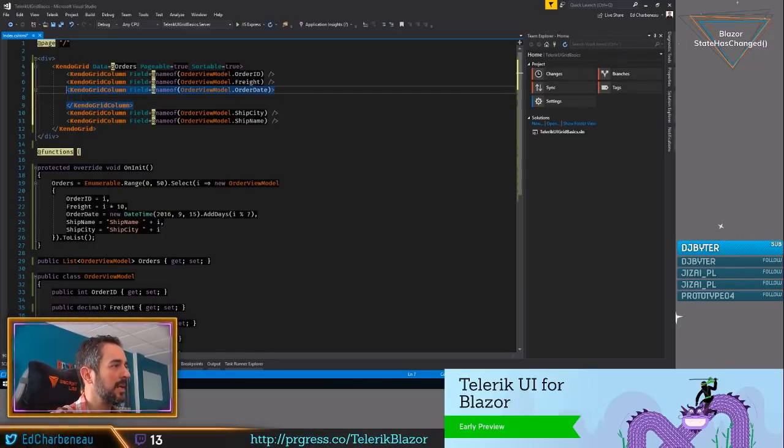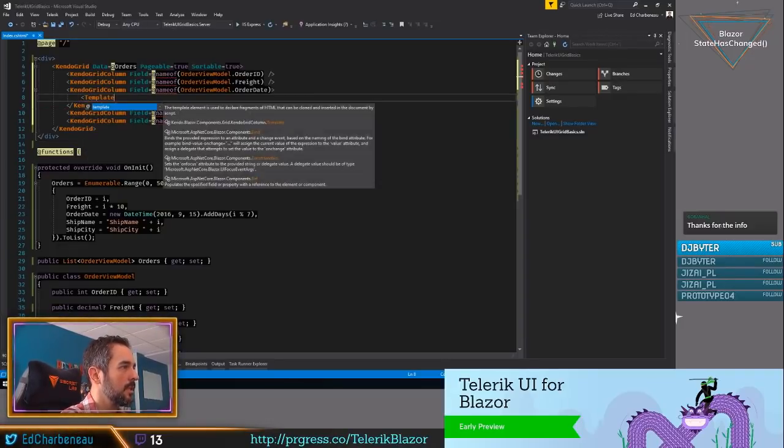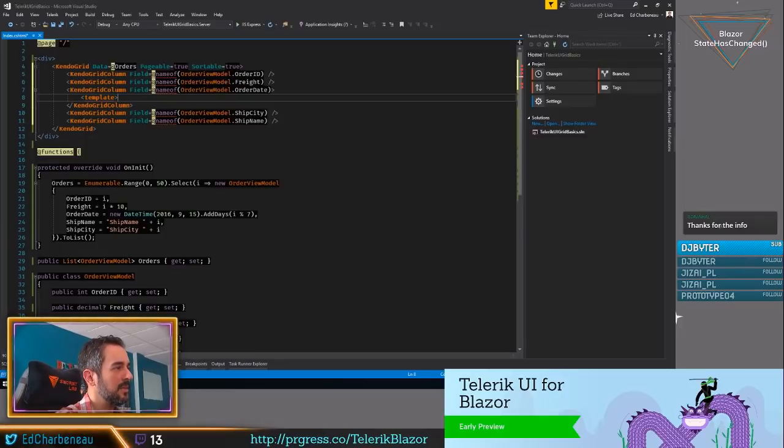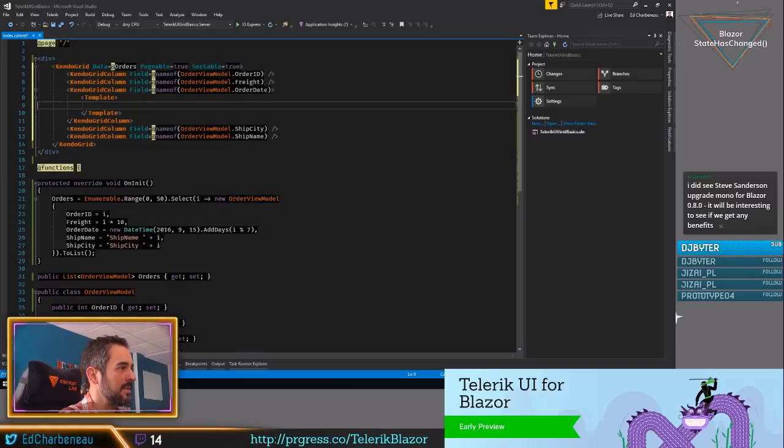So we were getting ready to add a template here to format the dates. The application's not running anymore, but the date column, we're going to format that date column. Inside of here, I can just open up another bit of C# code. Oh, sorry, I need to specify my template tag first. IntelliSense likes to drop the capital T on Template for some reason, and that will actually break things. So be aware of that. So we need to open up a template tag. And inside of our template tag,